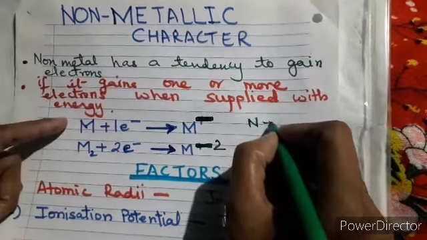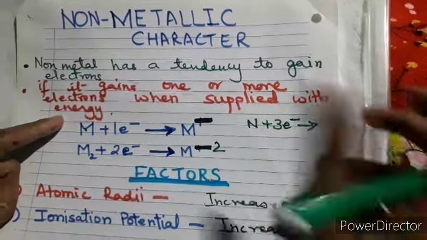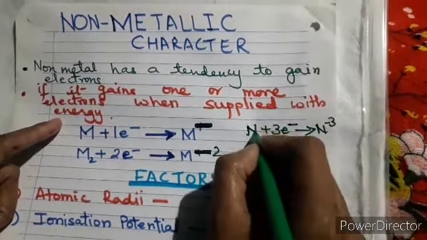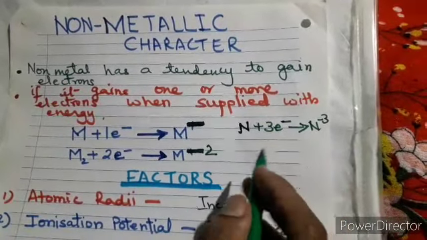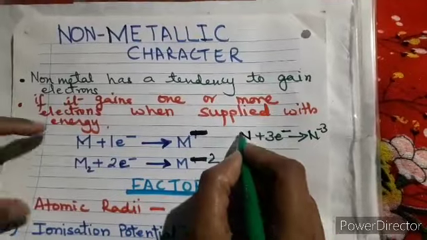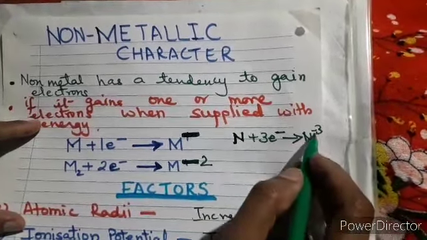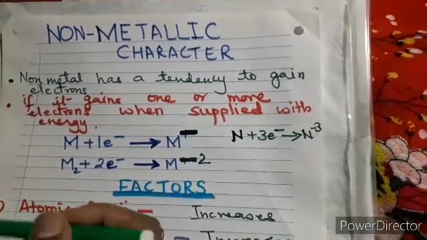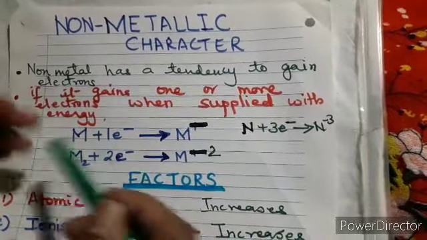You can also see that if it is taking 3 electrons, then what charge will be present. You can say it this way. This is the alphabet N, but if you assume it as the symbol for nitrogen, then that's also good. So it will take 3 electrons, and it will acquire a -3 charge. This way you can see how the non-metals behave, and they always take up these electrons.